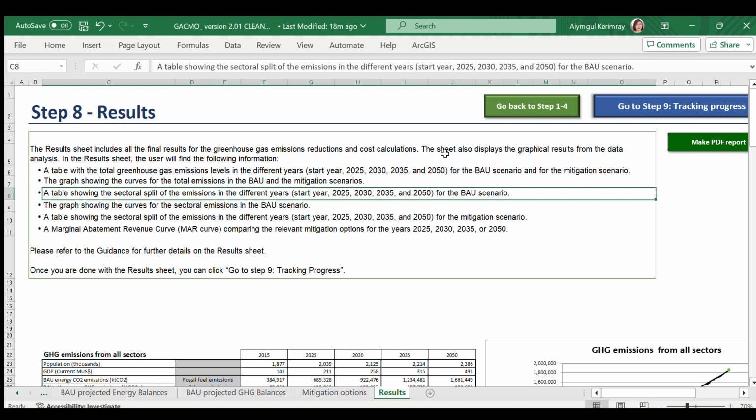Step 8 in the GASMO tool corresponds to the Results sheet. This sheet summarizes all the results of the GASMO tool for the business as usual scenario and the mitigation scenario, based on the input parameters provided in the previous steps.